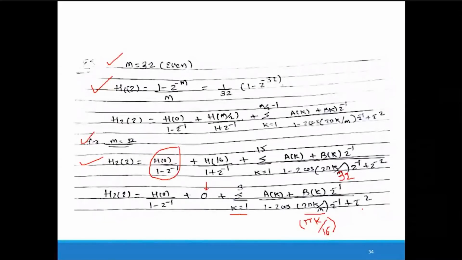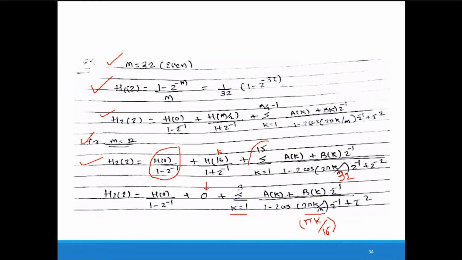So this is the simplified equation we are getting. I hope all of you understand this equation. First I applied the value of m equal to 32 in the upper equation, and when you apply it, you get this value. Now out of this, h16 is h of k, as we have coefficients with values from 1 to 15 only. Whatever non-zero parameters we have, we consider those only, and whatever zero parameters we can reduce. So h16 divided by 1 plus z inverse we can take as a 0 value, and then the sum is for k equal to 1 to 15.